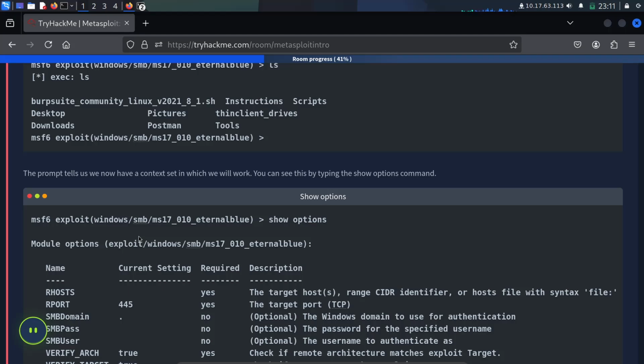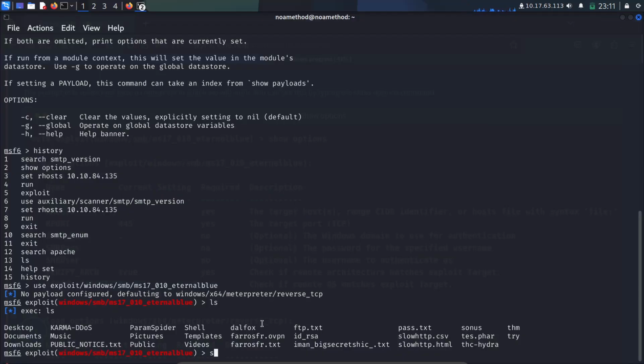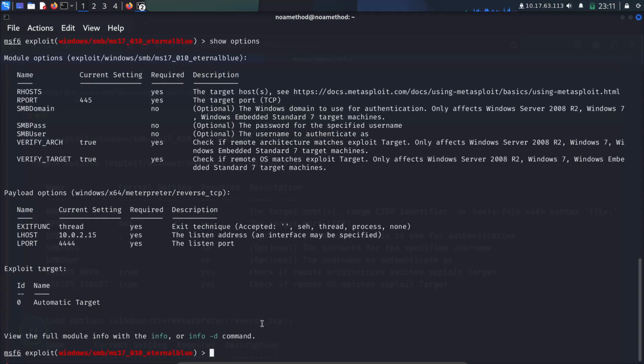You can see this by typing the show options command. Yes, you can try show options. Enter. We see the options: exploit, Windows SMB, with RHOST, RPORT, SMB domain, SMB pass, SMB user, verify and verify target.